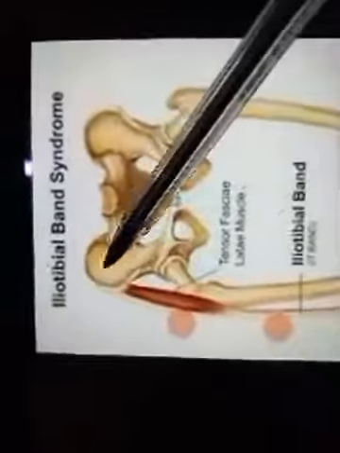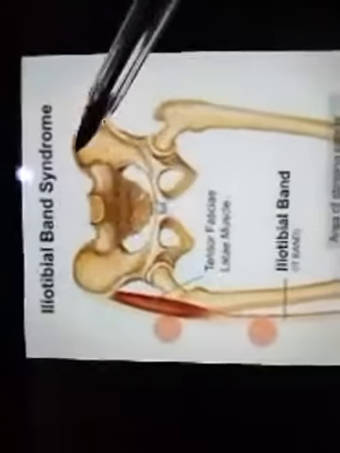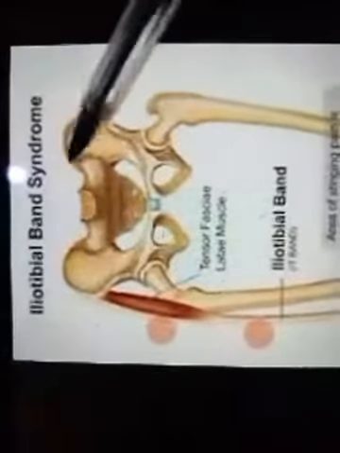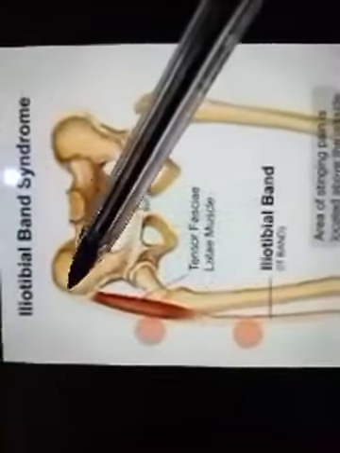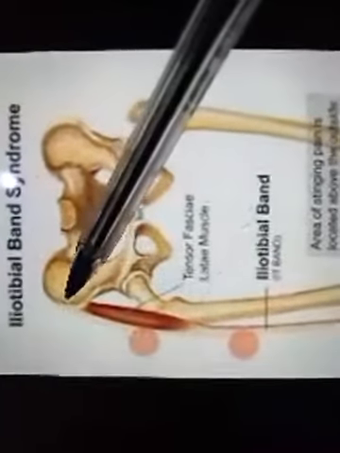Okay, so this is also, as we discussed, a very thin structure. You can see it here. It runs from this structure. This bone is called the ilium. It forms our hip. We have two bones at the hip region called the ilium. So this is the ilium,